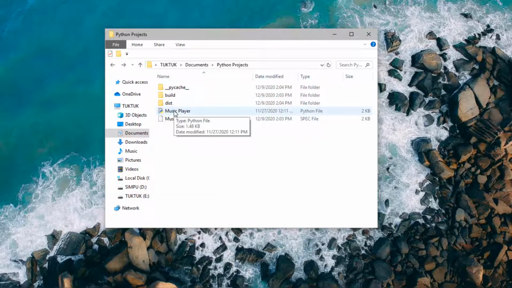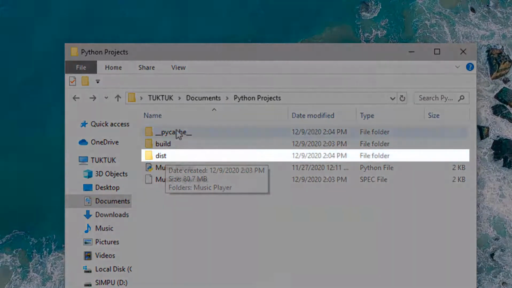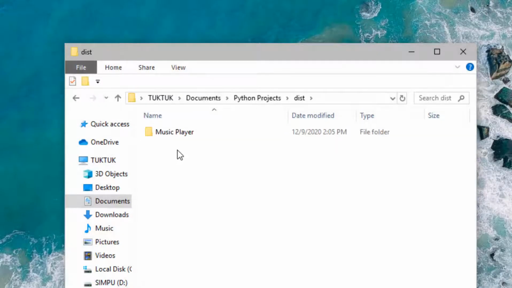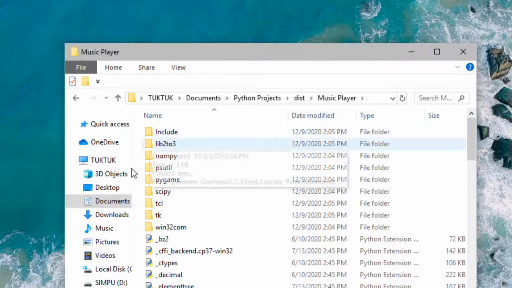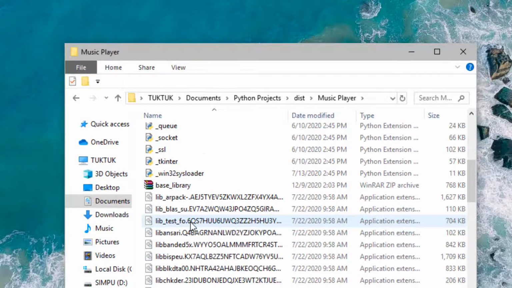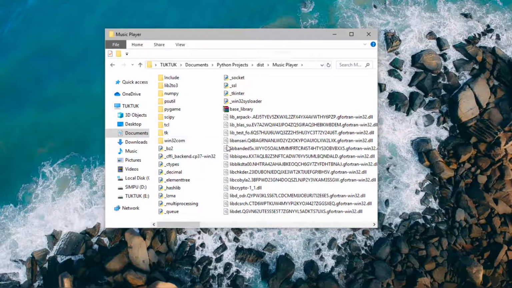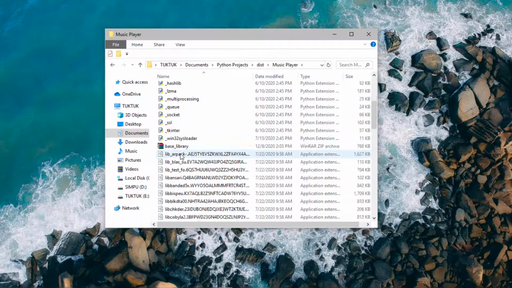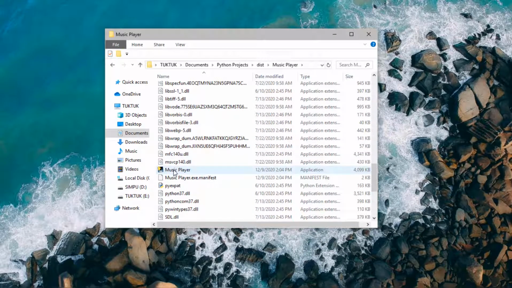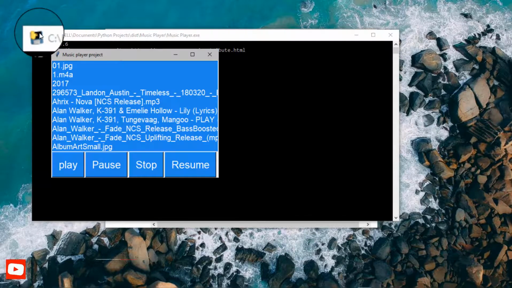Now I'm going to share with you where you can find that exe file. Go over to dist. You can see a bunch of files, but go over to dist and open up your application. Now you can see a lot of files in there, but here is our file. This is music player, and as you can see, it is down below right there. Now double click on it to open it up, and as you can see it has a default icon. You can change it by giving the ICO file to that installer.